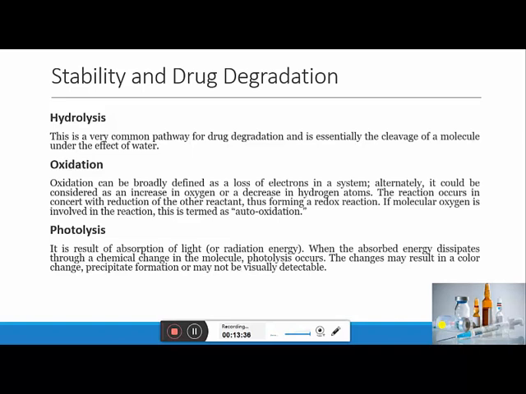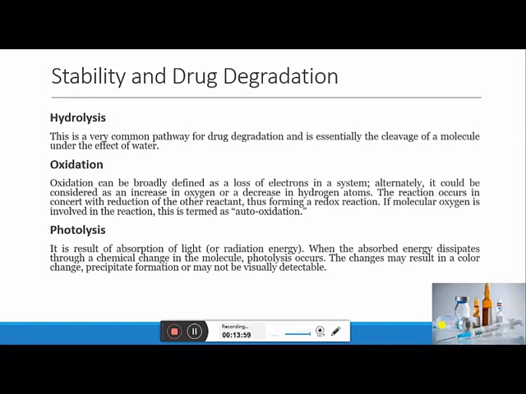Oxidation can be prevented by addition of antioxidant like BHA, butylated hydroxyanisole, or toluene, and by adding reducing agent like ascorbic acid, or we can also add complexing agent to reduce the rate of oxidation or to prevent oxidation.